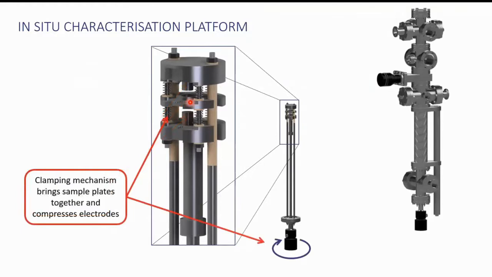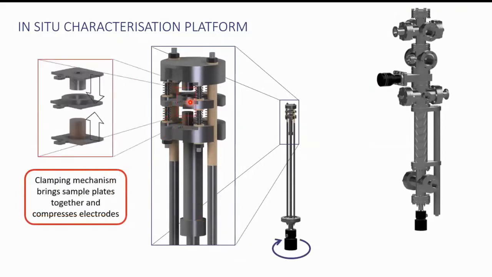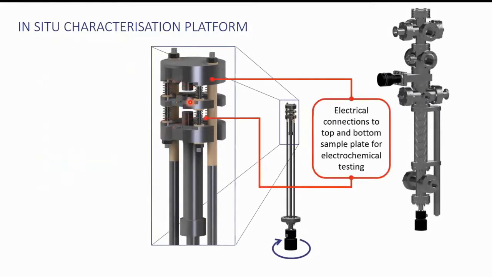The clamping mechanism sandwiches these components together, mimicking the crimping of real coin cells. Furthermore, the top and bottom plate mounts are electrically connected to the electrical feed-through at the bottom of the in-situ chamber, which is here. This provides easy access for electrical connections, allowing us to perform cycling and electrochemical testing of